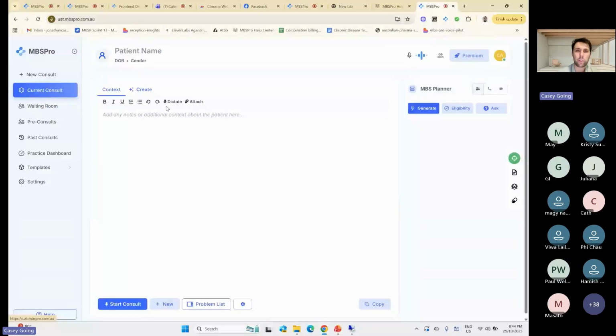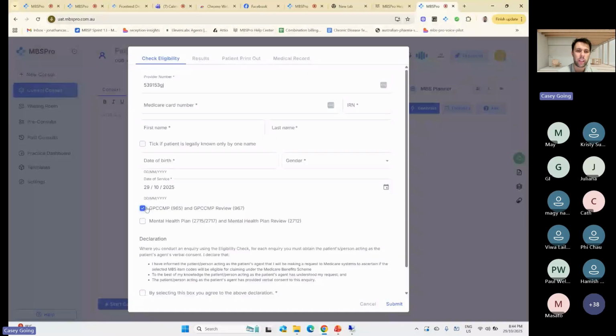One little thing that's helped out is the eligibility. If you've ever wanted to know what this button here does, that's the PRODA check. This will check your care plans or mental health care plans if they've been done previously, as in, if someone's billed them. We only have the ability to check at this time care plans and mental health care plans from 1st of November, so like 2 days' time. A 2712 won't matter. You can still check it, but it won't really matter because that item number is going to be deleted.